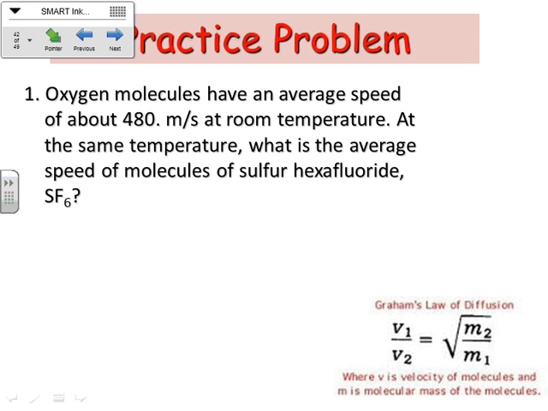It takes you a little while to smell it on that side of the room, doesn't it? Well, if these things are traveling at 480 meters per second, why can you not smell it instantly? Well, it does disperse, but why doesn't it, 480 meters per second, that's like it's there. It does, but if it's going 480 meters per second, this room is nowhere near 480 meters long. Okay, so in 1 second, you should be able to smell this, right? So why is it not making it to you that quickly?